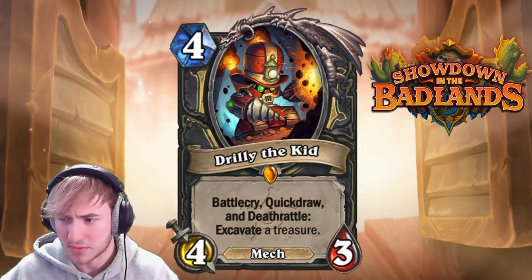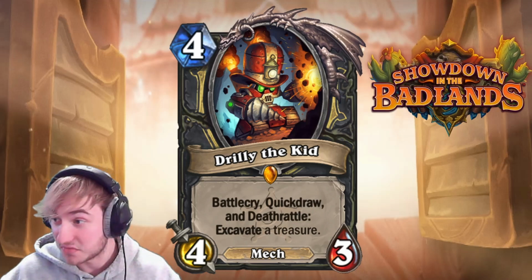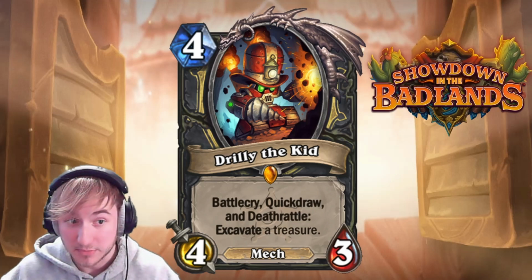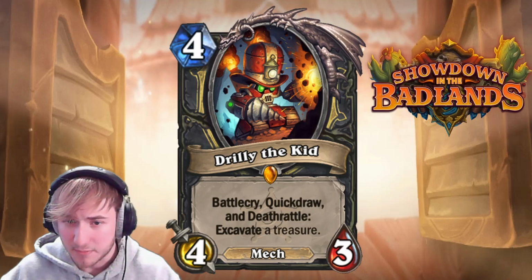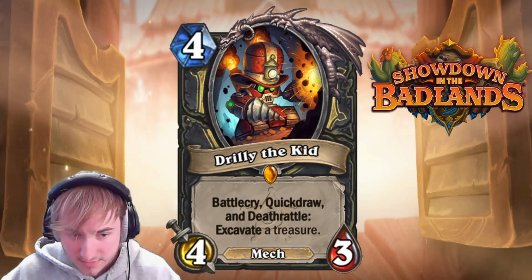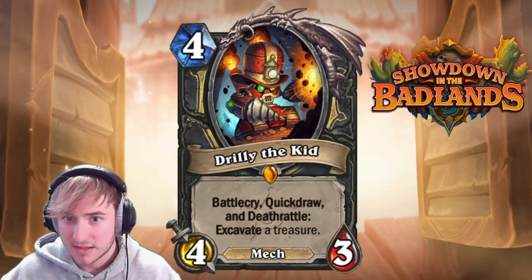And the fact that it's just, this is a good card. It's a mech. You can discover multiple copies of it. You could attach the one mech that summons a copy of it to this guy, and he'll have the deathrattle effect again. Rogue's gonna have a really easy time excavating stuff, and a lot of their stuff is